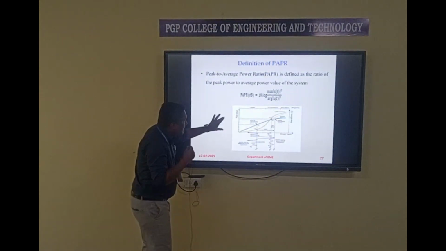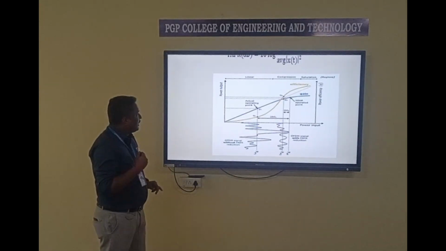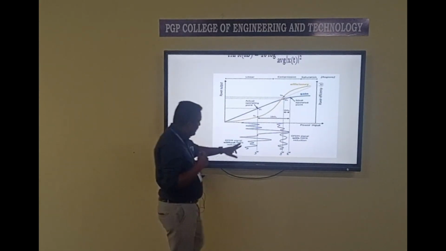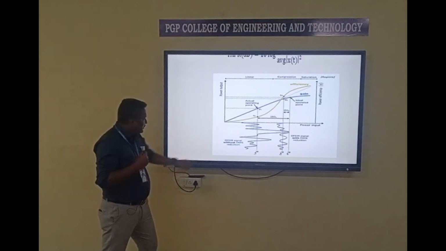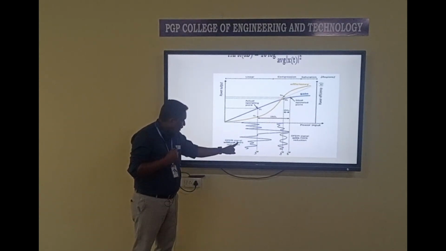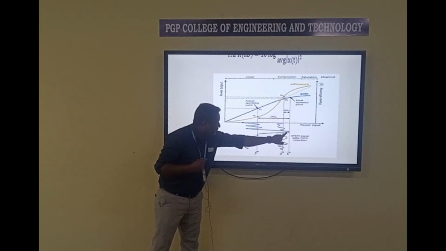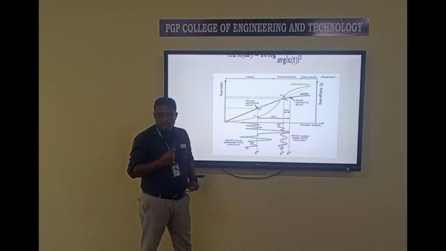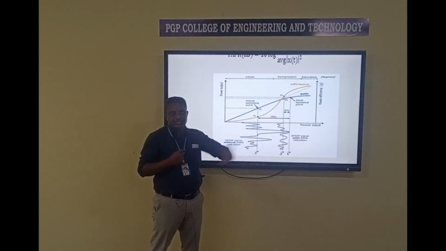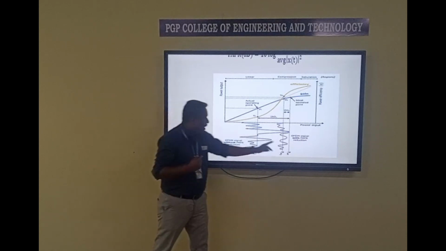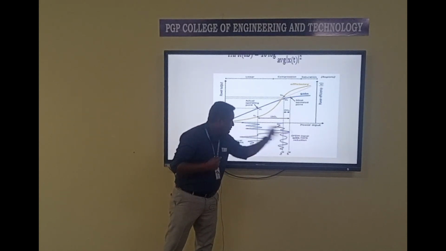Here you can see, very clearly shown, a power amplifier diagram, and the purple and the blue are the two signals. This wave signal is given directly to the power amplifier, and that time a high peak level will occur. So this signal is directly given to the power amplifier in the transmitter section. Then after the PAPR reduction, the signal's peak level is very much less.